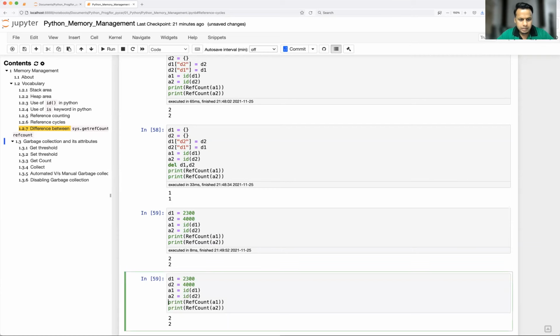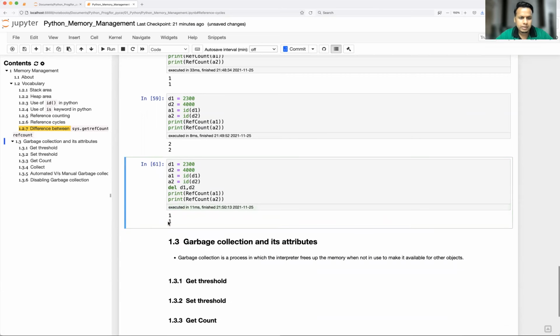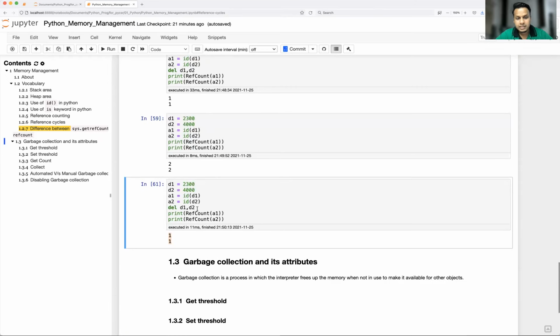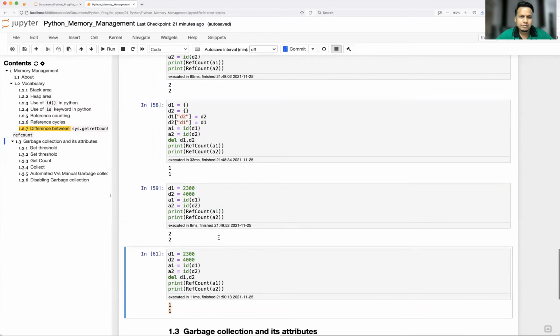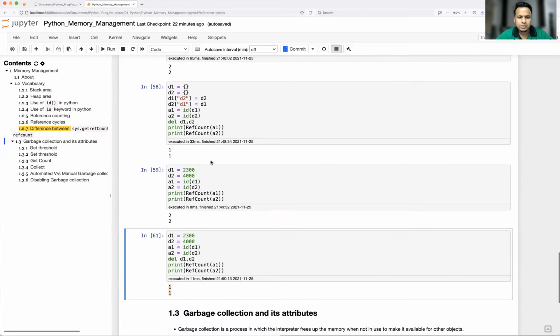Now I'm going to delete, sorry, d1 and d2. See what is happening? It is going to show only 1. Okay, because it is not a reference cycle, right? It is an immutable data type. That's why. So garbage collection is to be used only in the case of those kinds of mutable objects. Okay, then only it will be showing 0.